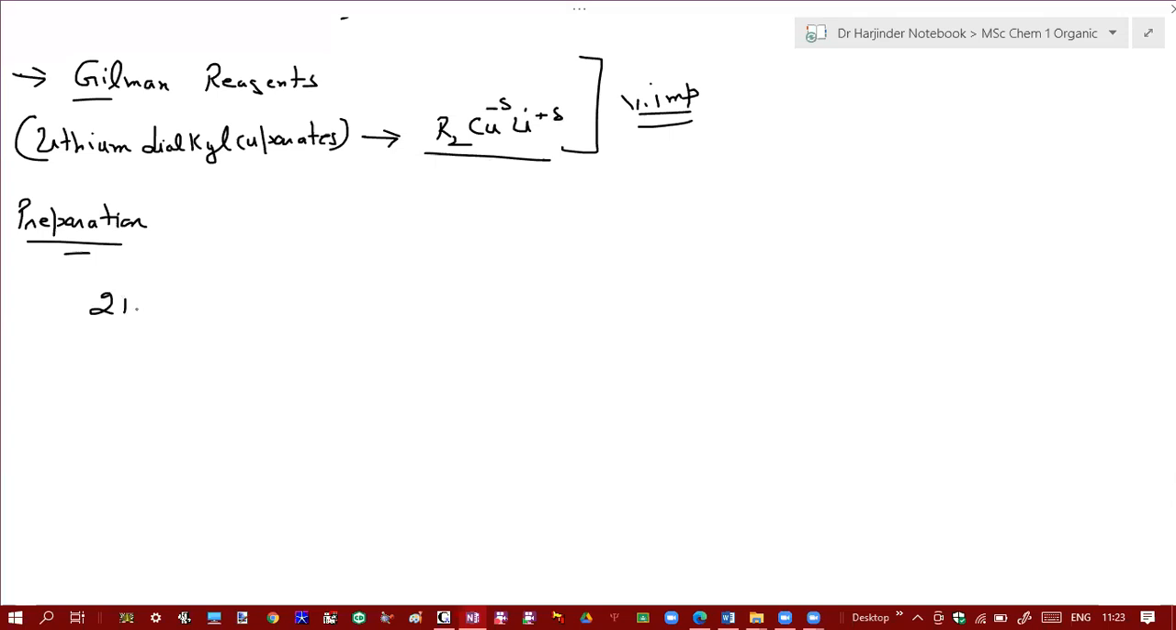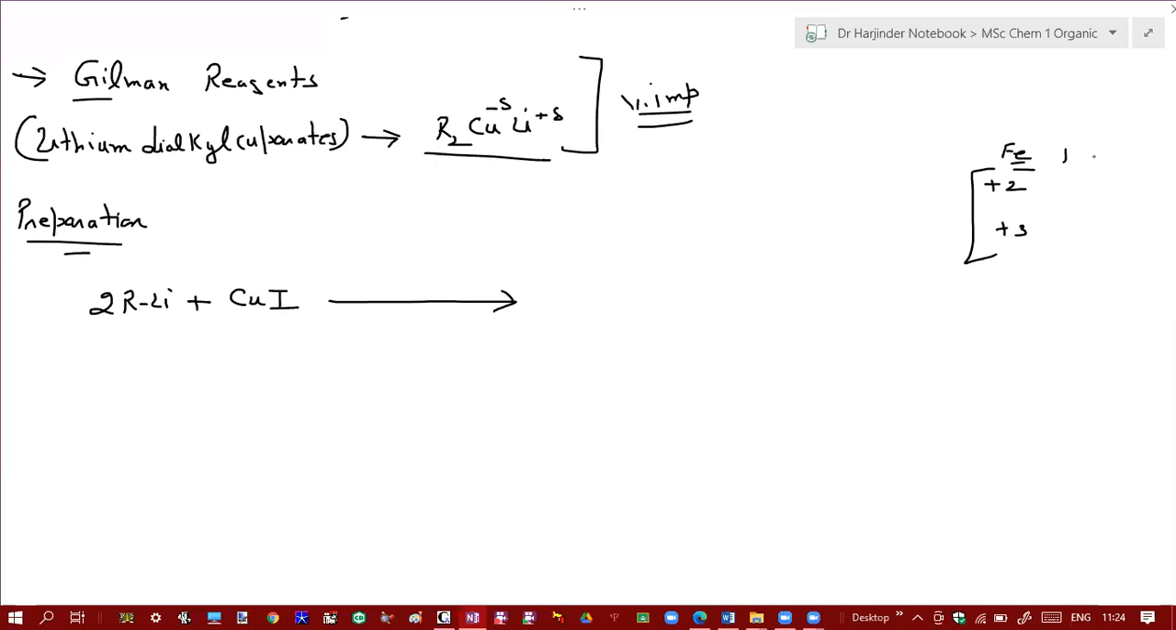So, if you take two molecules of alkyl lithium, like methyl or butyl lithium, and treat it with CuI, what do you call it? Cupric iodide or cuprous iodide? Cupric iodide. Cupric? Let us check: when you have +2 and +3 oxidation states of iron,